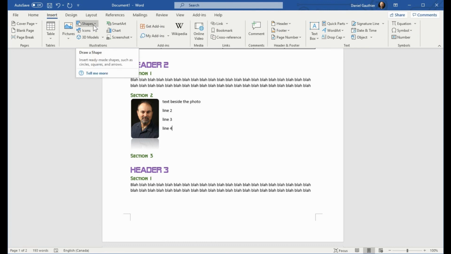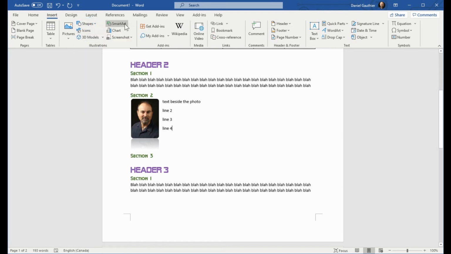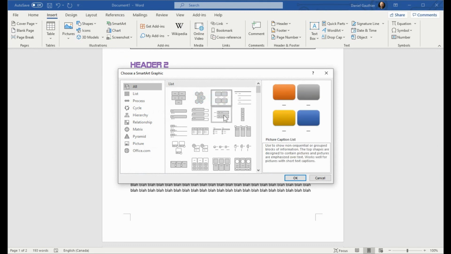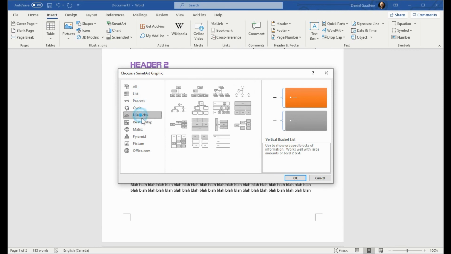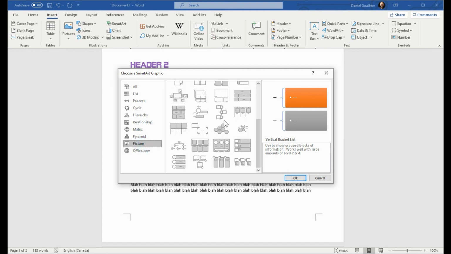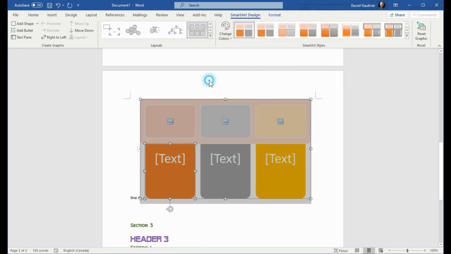So from the pictures, you've also got shapes that you can add in of different types, icons, models, SmartArt, which is pretty cool. You can have different kinds of charts and lists, processes, cycles. They have a whole series of categories of things, and within that you've got a bunch of options. And then once you select something that you might like to use, then you've got options again with another tab that comes up giving you styles, colors, and things like that that you can choose from.